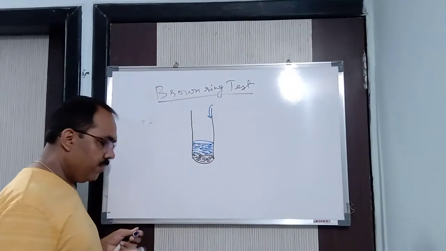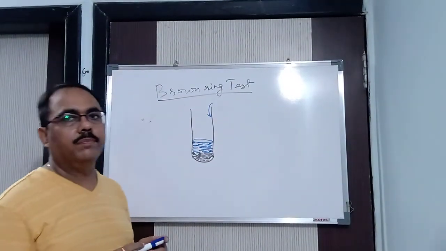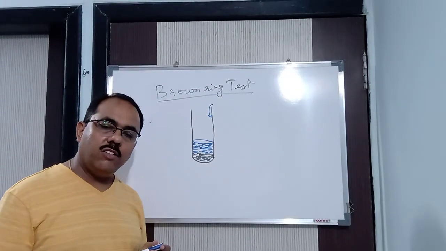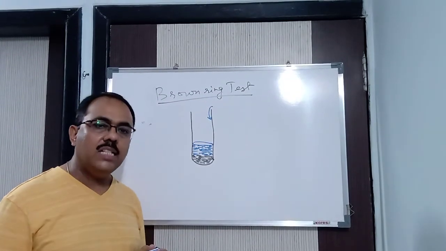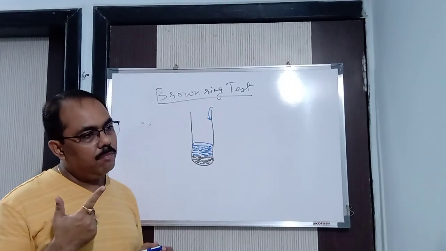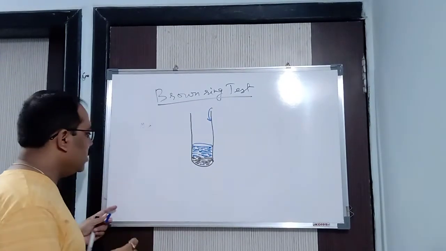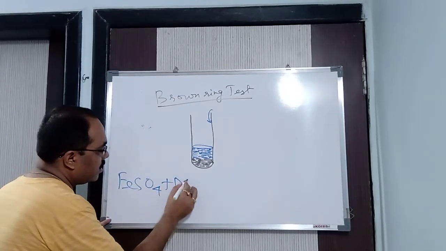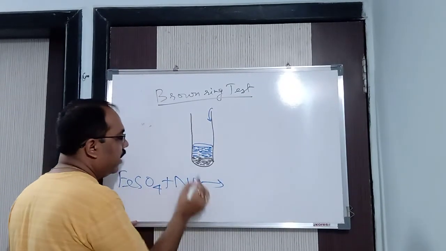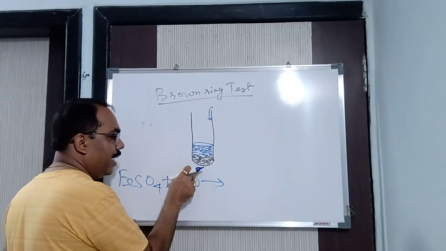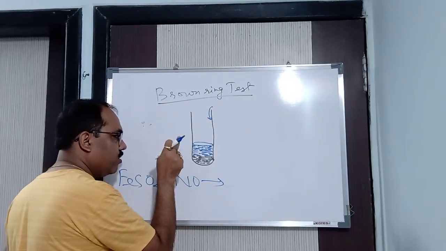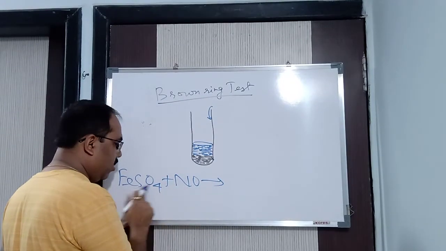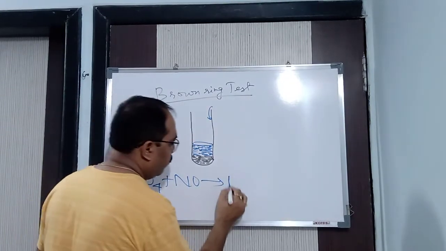Why is it temporary? Because if we shake this particular ring, what will happen? Again same thing, concentrated sulfuric acid will evolve heat, and this heat will decompose the brown ring. Because brown ring, how is it being formed? What I told you: FeSO4 reacts with nitric oxide. Where do you get nitric oxide from? When nitrate or nitric acid reacts with ferrous sulfate, it evolves NO gas. Got it? This NO reacts with FeSO4 further to form